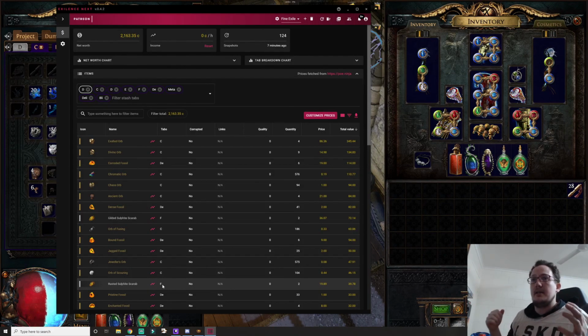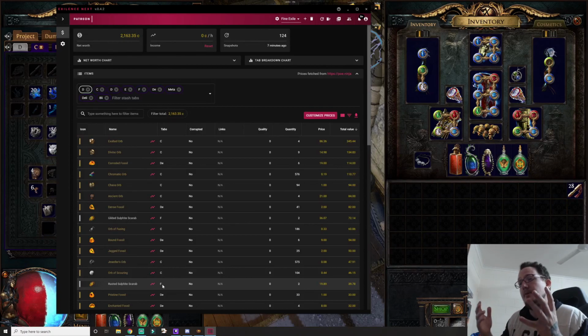But with that being said, that is the loot from 100 Agility contracts, everyone. I hope you enjoyed it. I hope you got a bit of information out of it. And if you can stomach doing them, they are currently, as I mentioned, the most